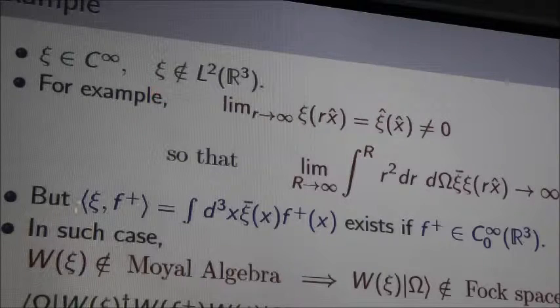So this equation still makes sense. It is not square integrable, but this equation makes sense because f plus, for example, can be taken to be compactly supported. So this integral still exists. So the previous equation I wrote down in the previous page,